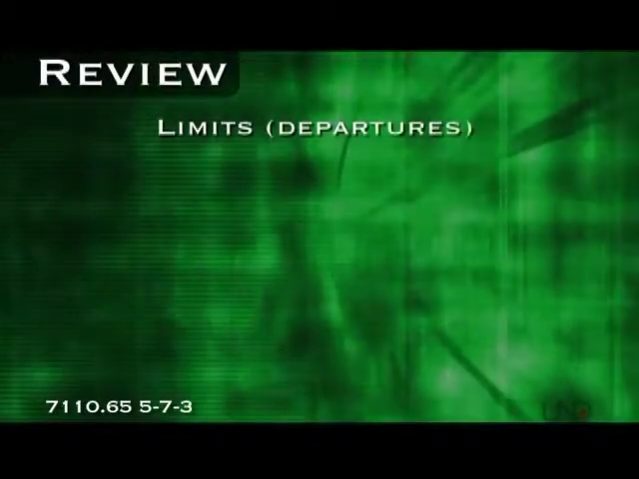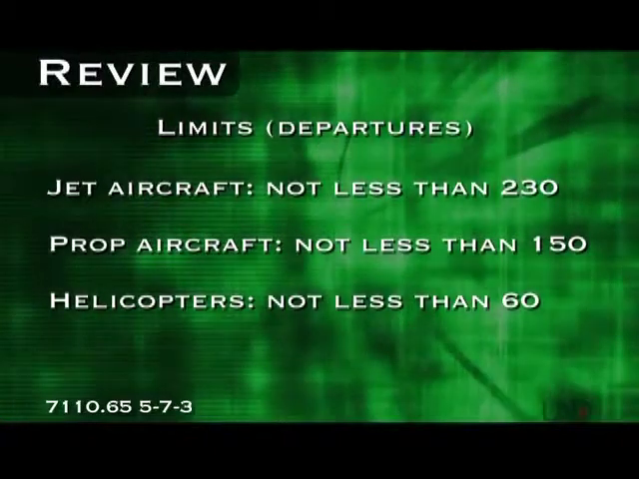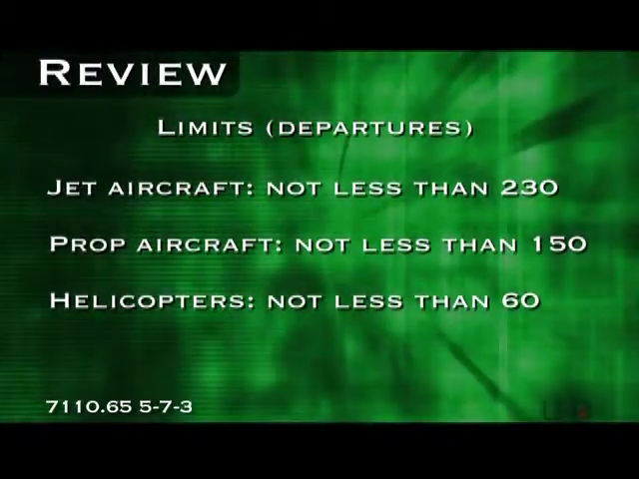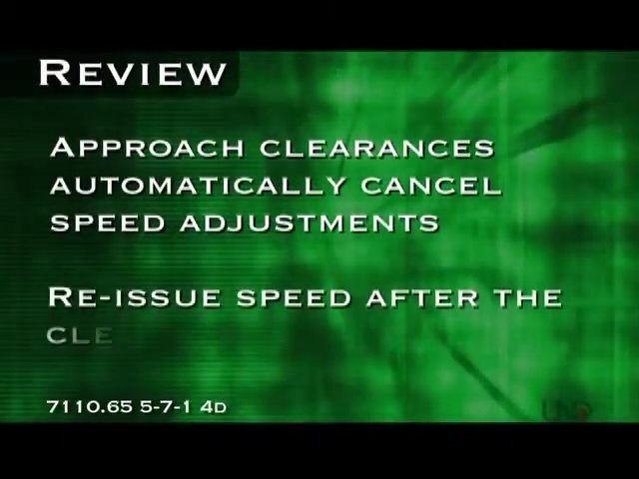For departures, turbojet aircraft should not be slowed to less than 230 knots, turboprops to less than 150 knots, or helicopters to less than 60 knots. Approach clearances automatically cancel any speed adjustment. If you want the adjustment to continue, you must